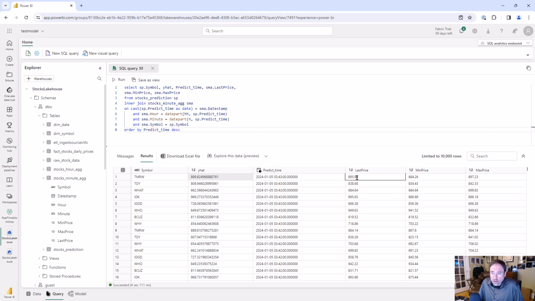And then we can look at the last price for that 1 minute time block, the minimum price, and then the max price within that 1 minute. So we can see exactly what happened during that 1 minute time block. Really, the only thing I'm interested in here is the last price, because at the end of that minute, what was the price? And it was $895.94. I can compare that to our predicted value, which was $889. So we can build then a report that helps illustrate the